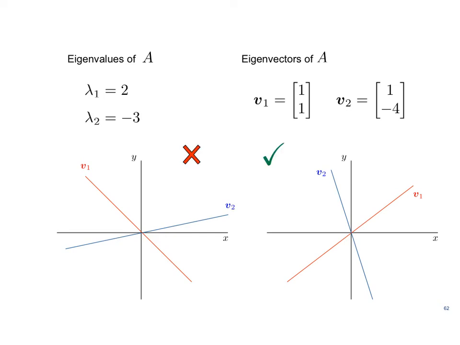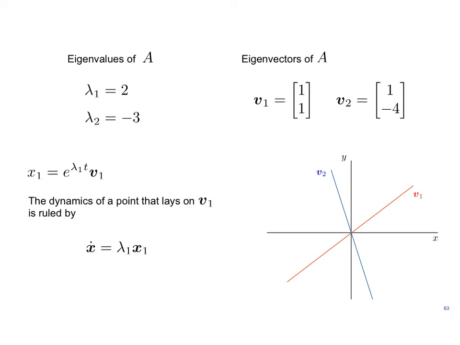And yes, so this should be like this. Now we have the eigendirections. This is the important part in here. We have the eigendirections, and for each eigendirection there is associated an eigenvalue. So if we put a given point on the eigendirection, so if we just choose a solution to be in here,